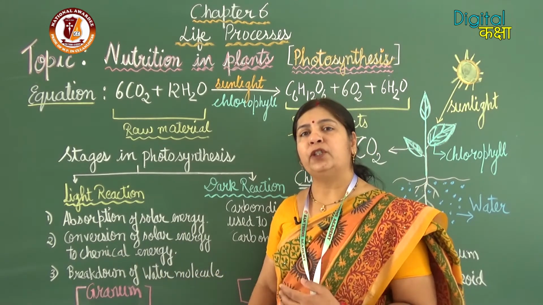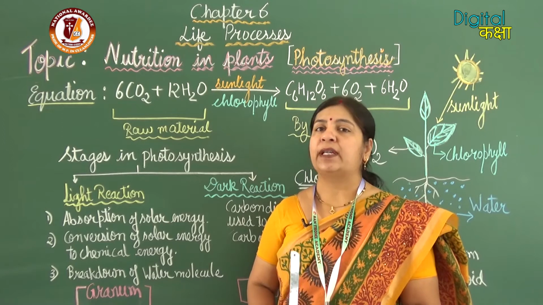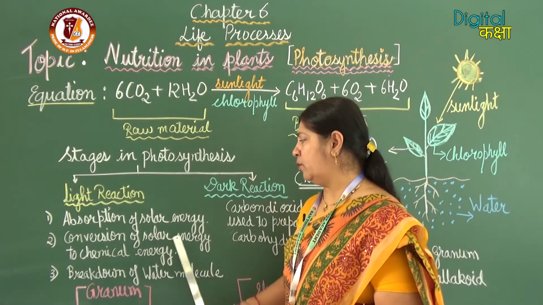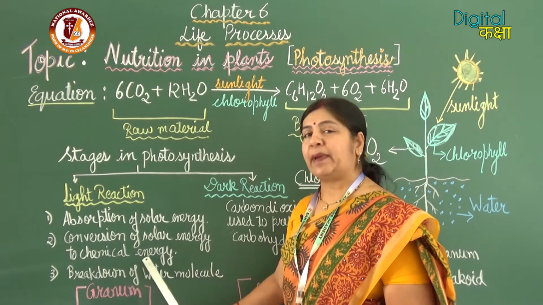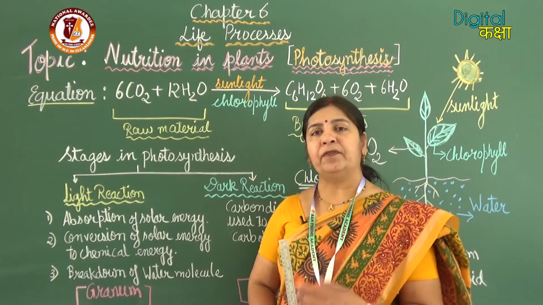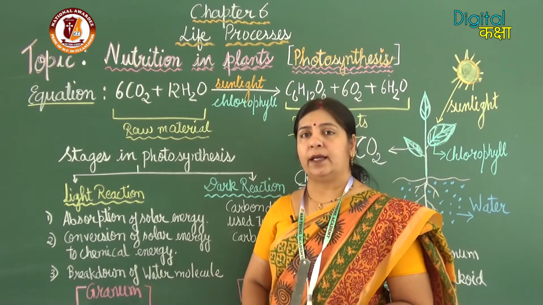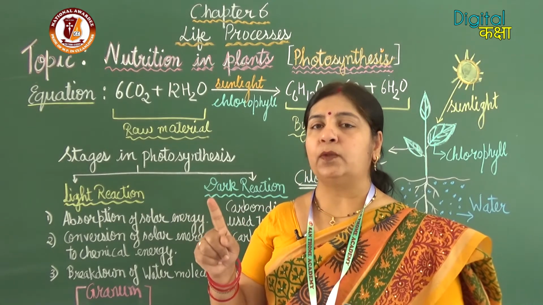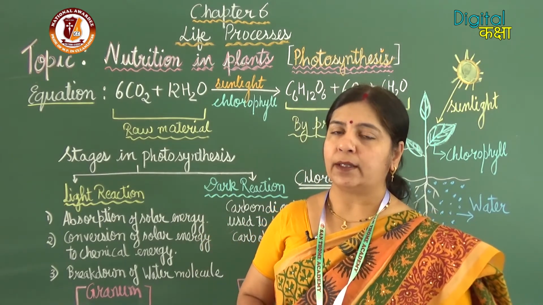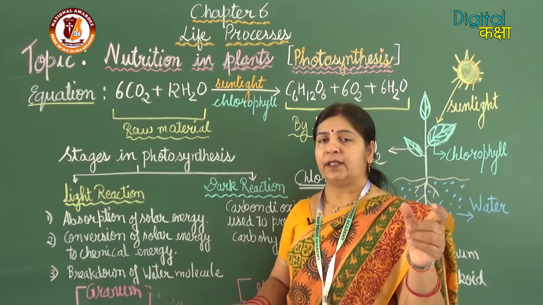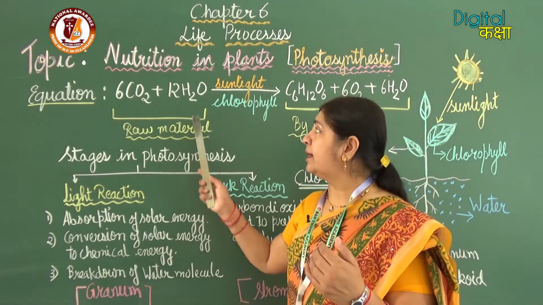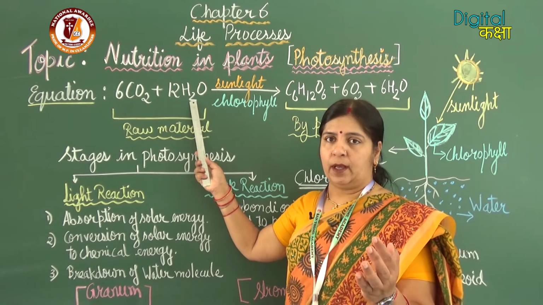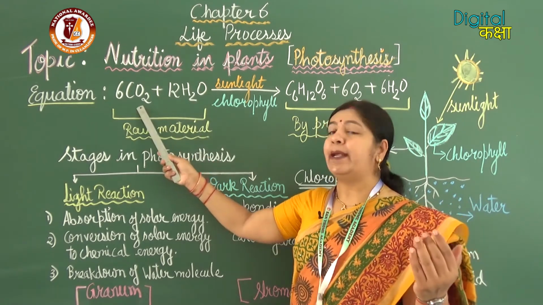Second, conversion of the solar energy into chemical energy. That is step number 2. After that, third, which is our raw material. There are two raw materials: one is water and the other is carbon dioxide. So in the first step, water is used and later carbon dioxide will